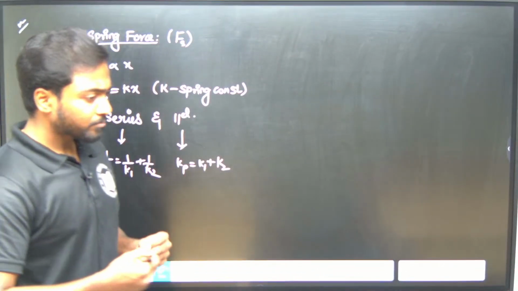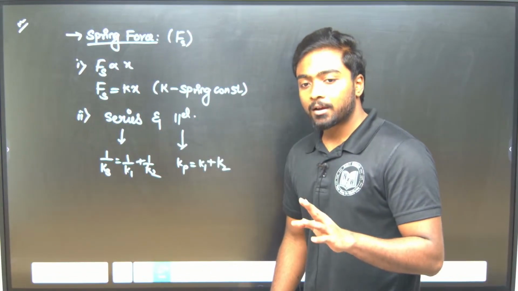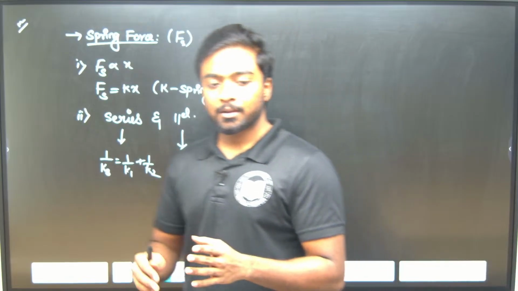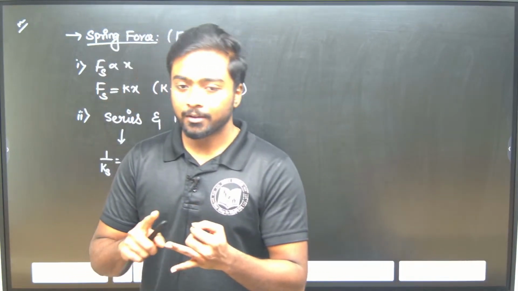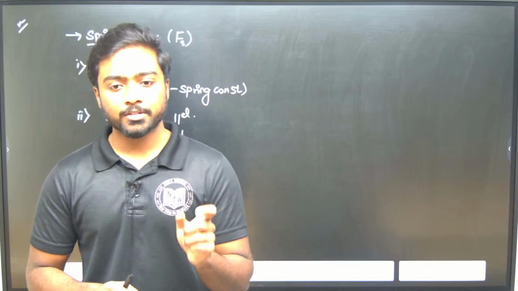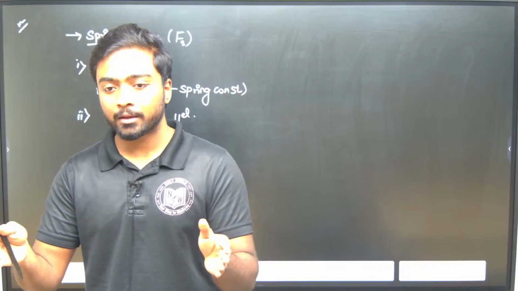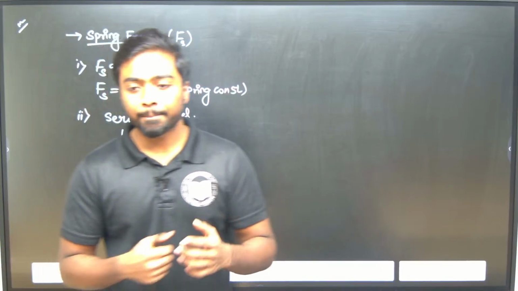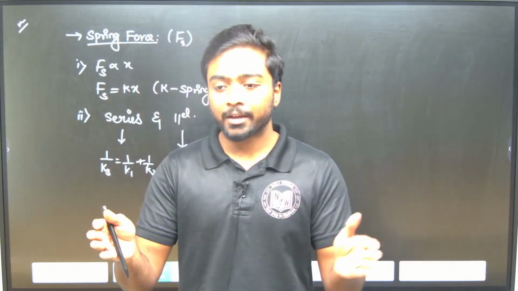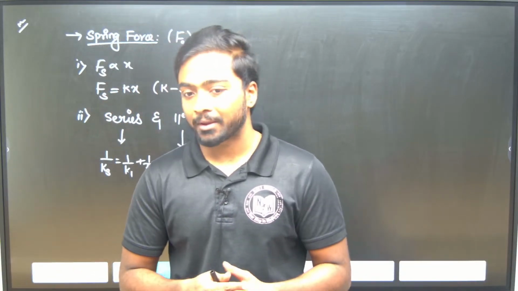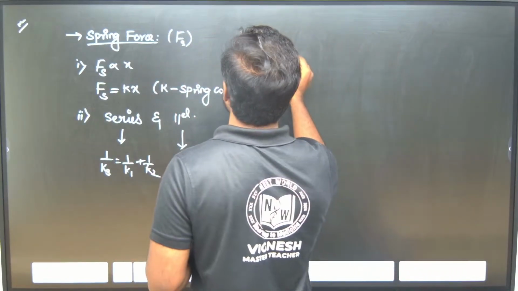Okay. Yesterday we discussed a question which was a combination of a rope and a spring. Now we will discuss a question where two springs are combined, either in a series condition or a parallel condition, and what will be the extension or compression of the spring. Whatever we will discuss now. So now the question is